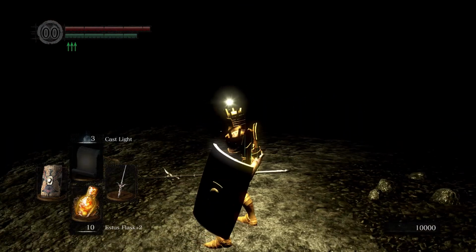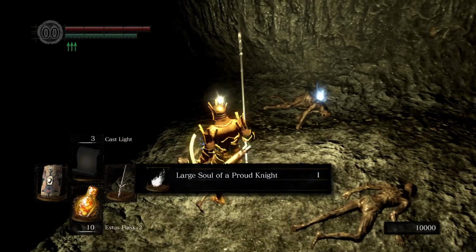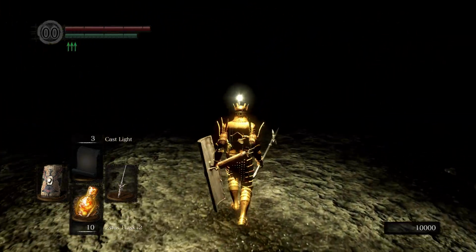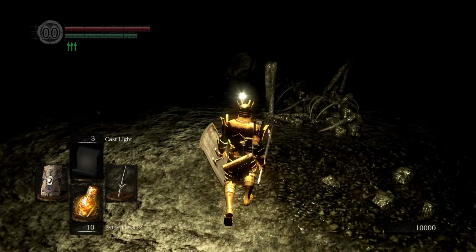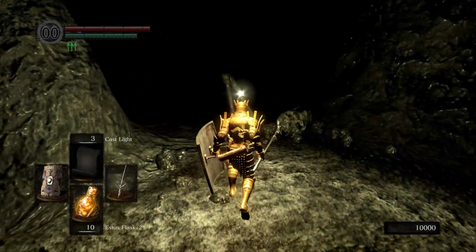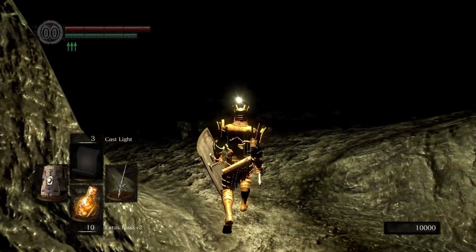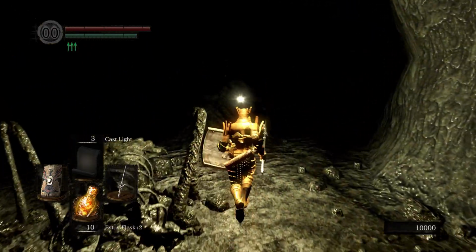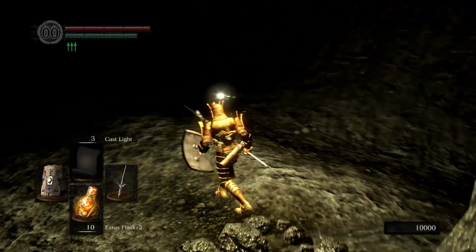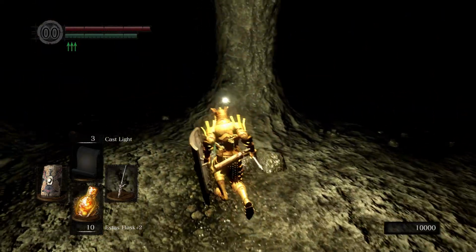That's Patches. You can get a soul of a large knight, or proud knight, and the skull lantern if you didn't have it already. And we're in a large pit now. You kind of just got to find your way around to the walls. But if you had, facing away from Izalith, if you had on the left side,